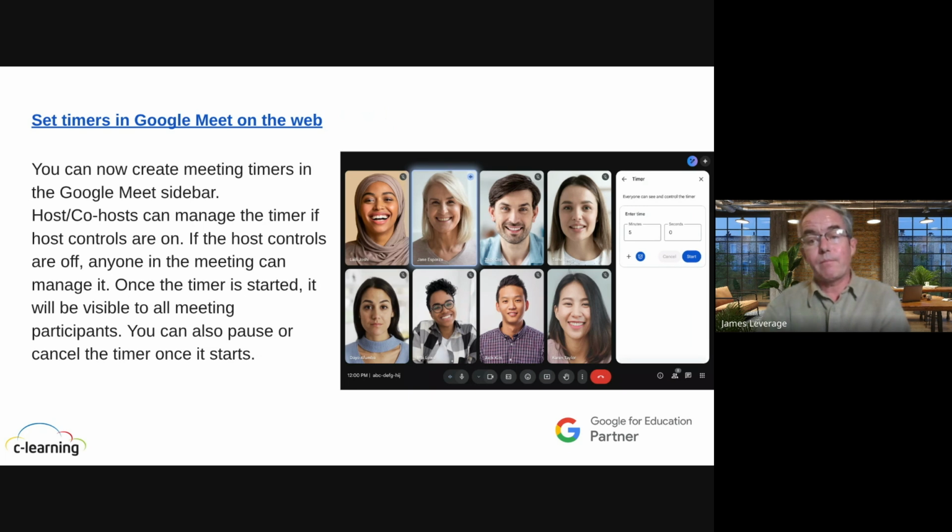This one could be very useful, actually. This allows you to set a timer within your Google Meet, so that you can actually turn a timer on. You as the host can control it, or a co-host can control it. But if the host controls it off, then anyone in the meeting can manage it. So if you're having a round table, for example, and you want everyone to give a 2-minute presentation,